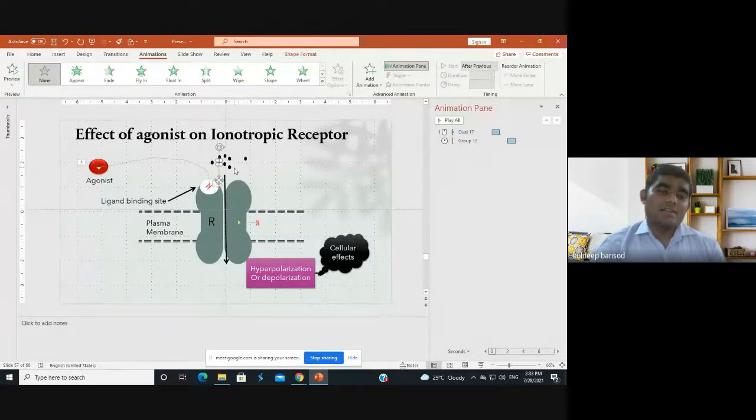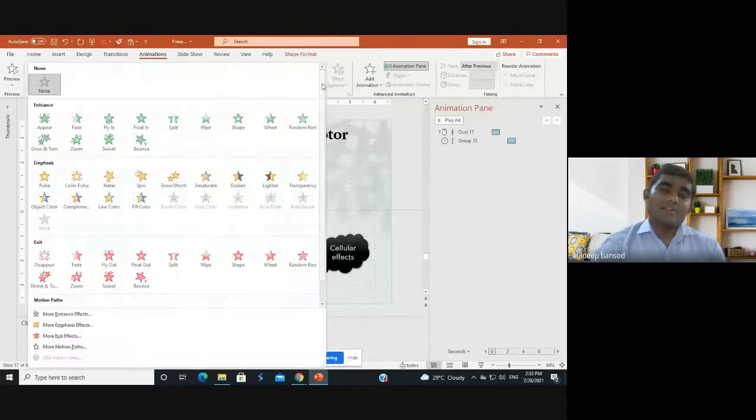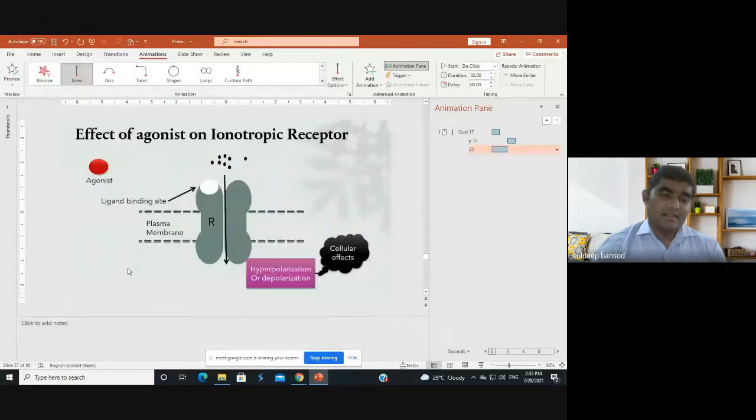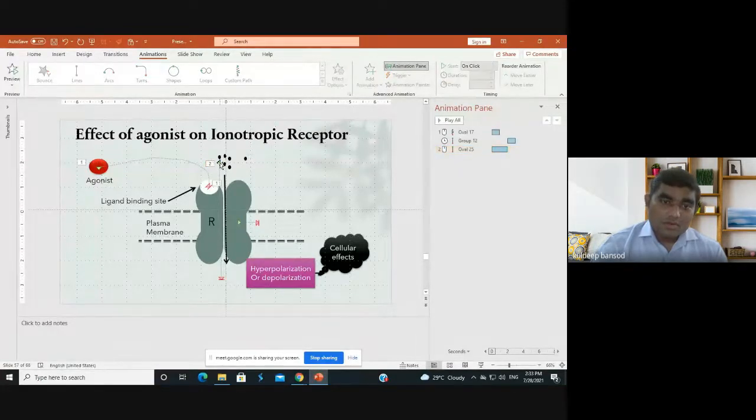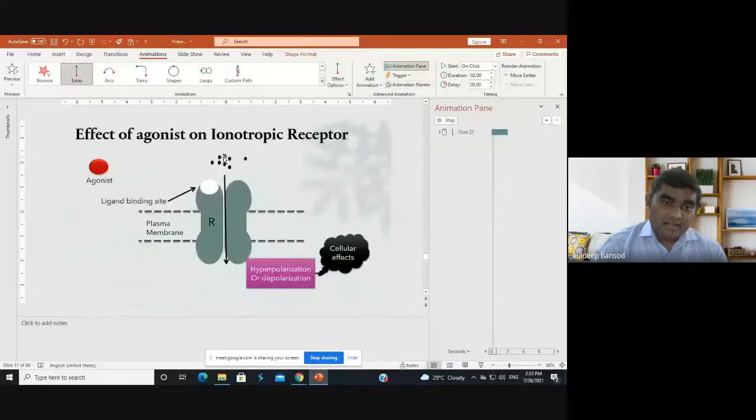these ions, whether anions or cations, depending on the receptor, will move inside the cell. They are moving inside the cell. Now I am selecting it and putting it inside. Now they are inside. Now I have to move more of the anions. Select this one, then go into the animation painter and select another.